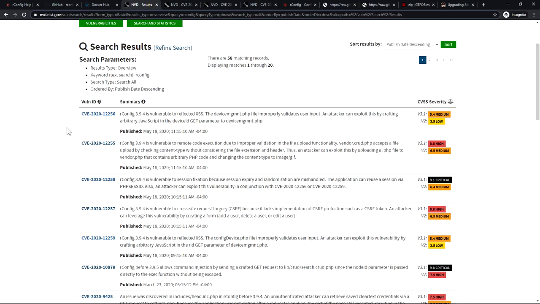Now the interesting part is, what if we can chain these vulnerabilities in such a way that without having an initial username and password to the web application, we can gain remote access to the server and also escalate our privilege? For that, we have chosen three